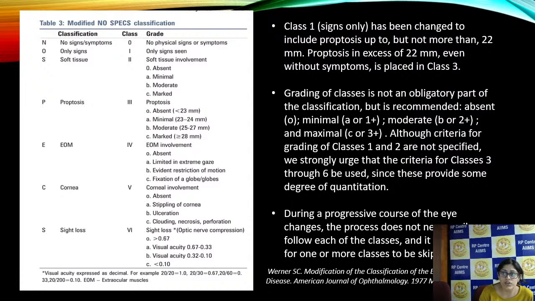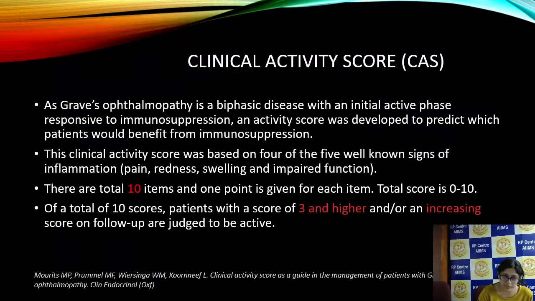Class 1 was changed to include about 22 mm of proptosis, and any proptosis in excess of 22 was put in class 3. And grading was also added because that was missing in the original classification, and grading was done from class 3 to class 6 for the various signs. However, there was a strong limitation: it was not commenting on the activity of the disease, and we now know that the activity of the disease will help us decide whether or not we should treat the patient